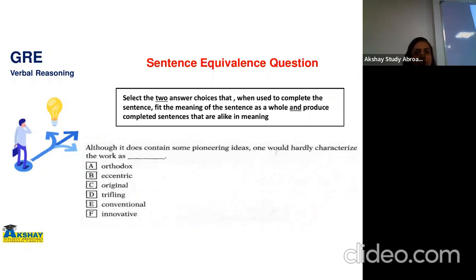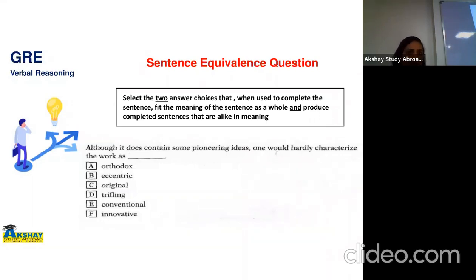Maybe you're not aware of the words and vocabulary. What is the meaning of orthodox? Or can you find the similar word to orthodox here? Guys online can also try to attempt. Orthodox goes with conventional, and then you have eccentric. You have a pair for original. Original goes with, just check the options, innovative, because something innovative is new, original.